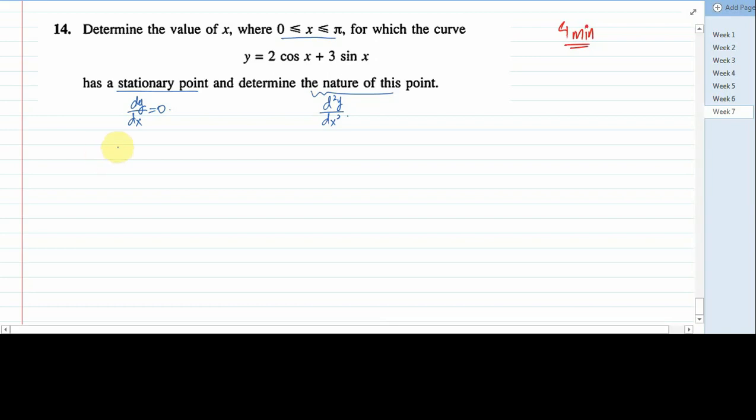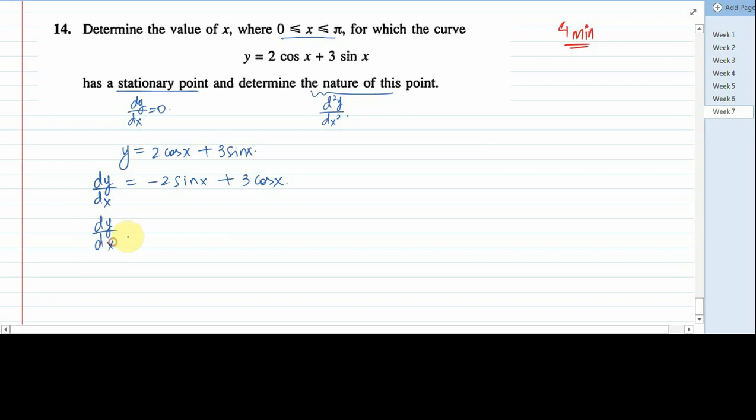Alright, firstly I'm going to pick my function, and that is y equals 2 cos x plus 3 sin x. When we differentiate it, dy over dx equals the derivative of cos x, which is minus sin x, so it's minus 2 sin x, plus the derivative of sin, which is 3 cos x. Once you have differentiated the function, now you need to place the value of x here, that is already given